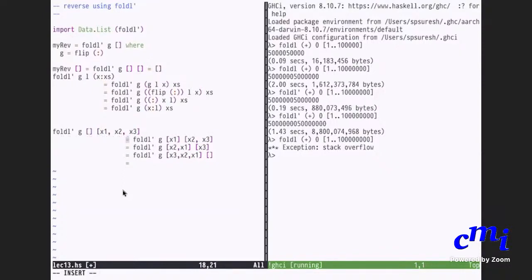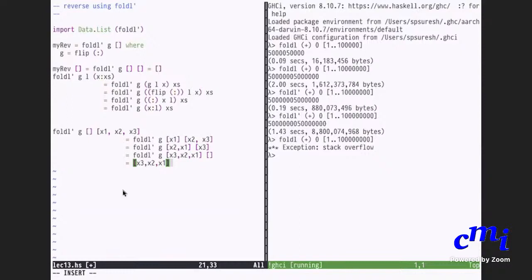Okay, is this fine? Finally, if you notice, this is nothing but that reverse into that we talked about earlier. This fold L prime of G, whatever accumulator and list, is nothing but reverse into. And the initial call we made was with some empty list as argument, so that is what is happening here.